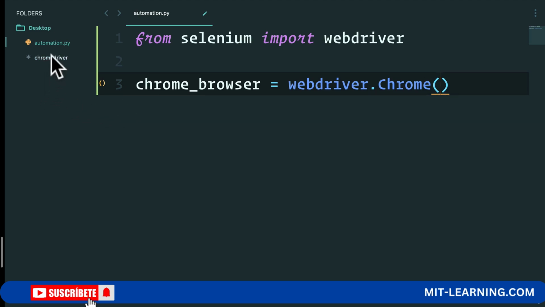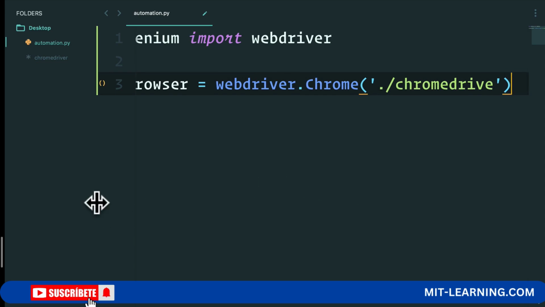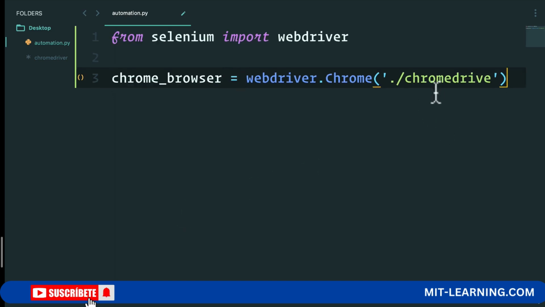Now, because our Chrome driver is in the same directory as my file, I can just do a // or use a string and say chromedriver, which is the name of the driver. Now, let's make this a little bit smaller so we can see everything. Now, in here, if we had multiple projects, we'd ideally use Chrome driver, not just copy and paste Chrome driver